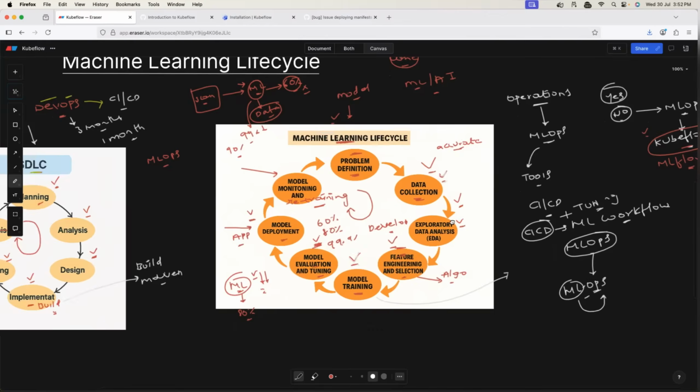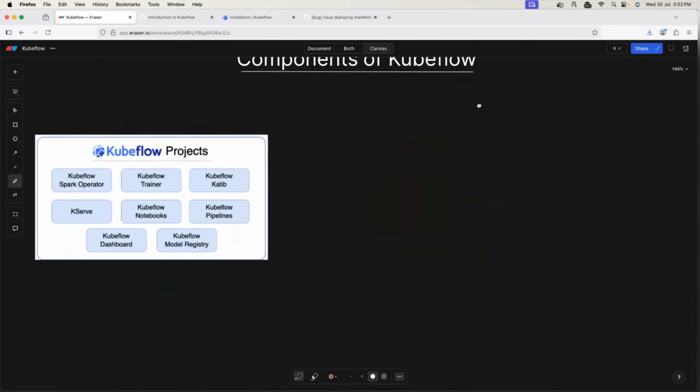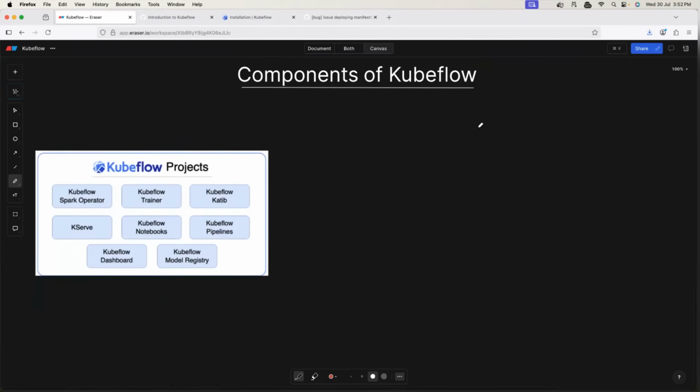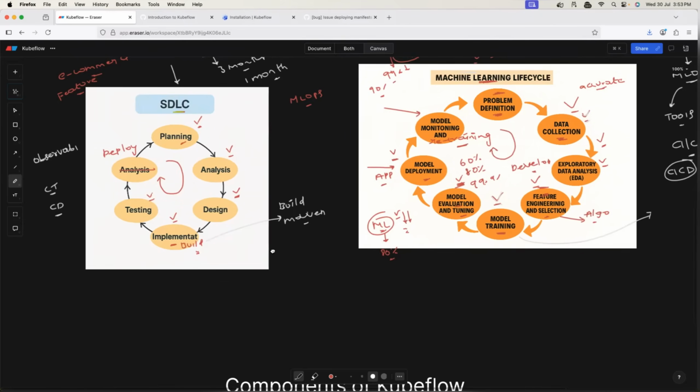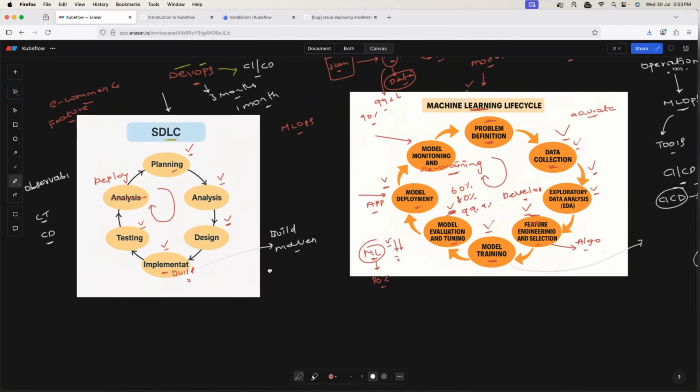Now, Kubeflow, as I told you, is not a single tool or a single project. Basically, it's a collection of components, right? So within Kubeflow, there are various components. It's a combination of projects where each component aims at solving the operations involved in the machine learning lifecycle. Now, if we go back and talk about it stage by stage,